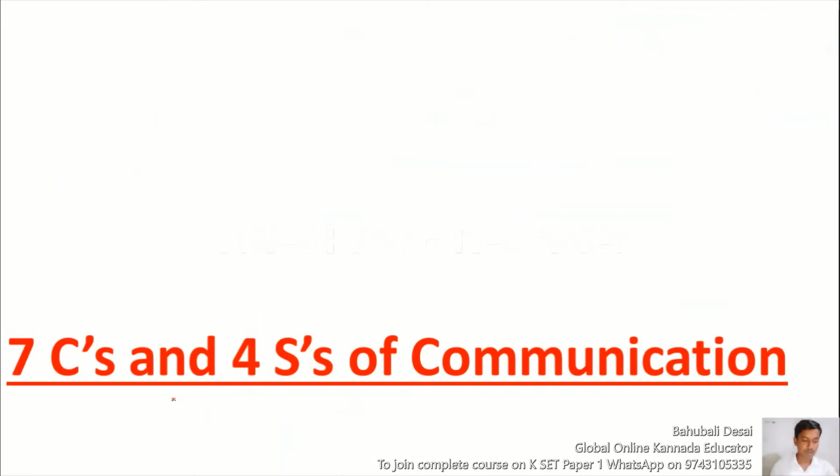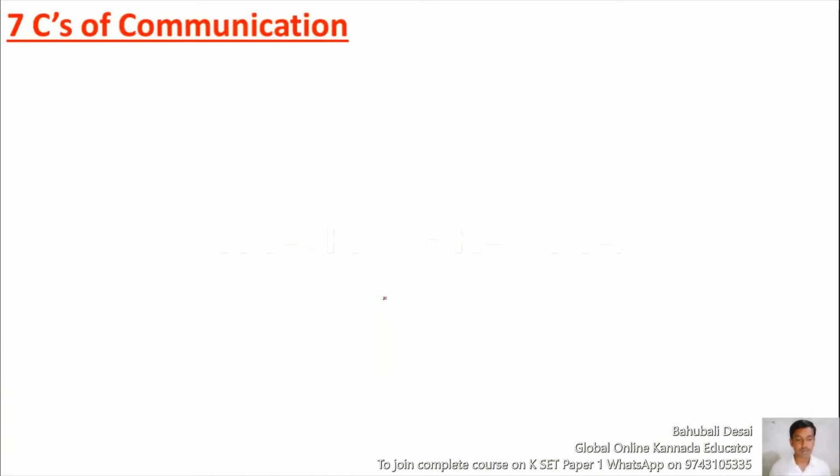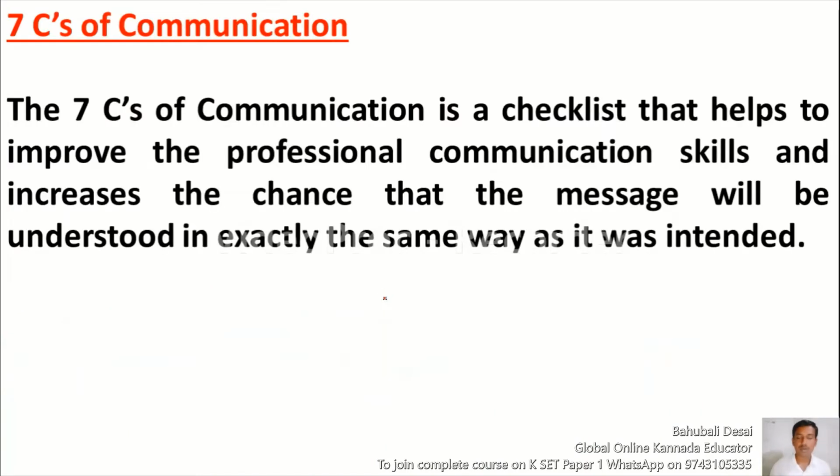So let us move to today's session. In this session we are going to discuss the 7 C's of communication and 4 S's of communication. So, 7 C's of communication. The 7 C's of communication is a checklist that helps to improve professional communication skills. If you want to improve your communication skills, if you want to communicate more effectively, then we should use